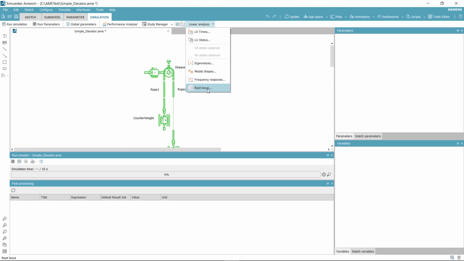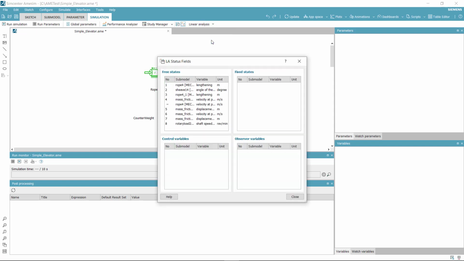The root locus is a plot, real part or imaginary part, representing the trajectories in frequency and the damping ratio of the nature modes due to some parameter changes. Set the linearization times and display frequency domain results for each linearization time point. Frequency domain analysis is faster than a time domain approach, since it does not imply time domain excitations with long CPU time. In the linearization status, the information is stored in the list under the heading Free States, Fixed States,